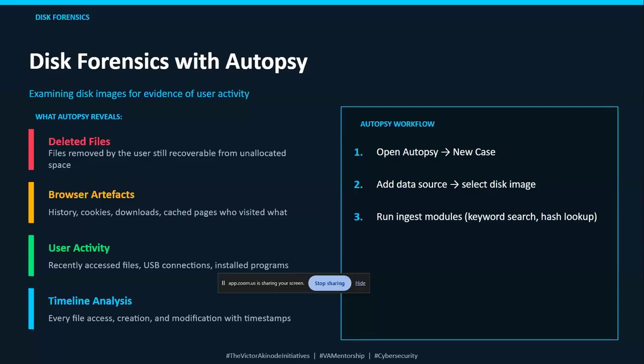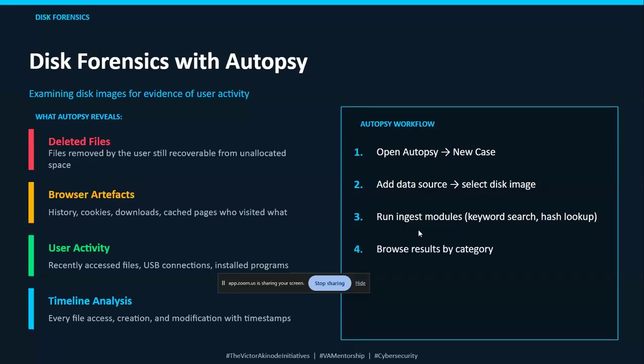There are a lot of modules in Autopsy. The modules allow specific actions. There are modules like keyword search, which allows you to search for things, and hash lookup. Sorry, there are a lot of modules, and I forget some because I'm not always doing forensics work, since I'm a SOC analyst. Just know that modules allow you to do particular things. Some allow you to access deleted files, some check for browsing artifacts, and some check for user activity, timeline analysis, and so on.